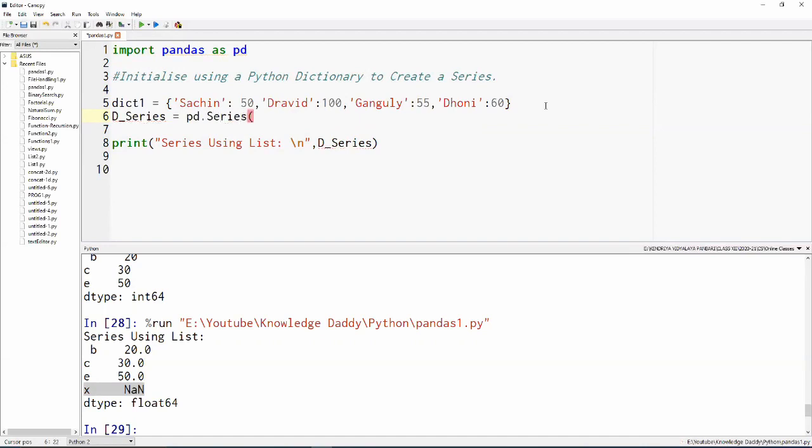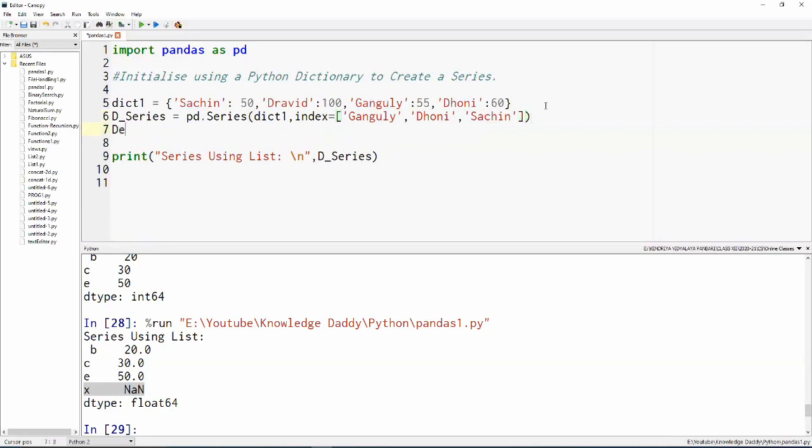The first series will contain dict1 with index values Ganguly, Dhoni, and Sachin. The first index positions will be this.